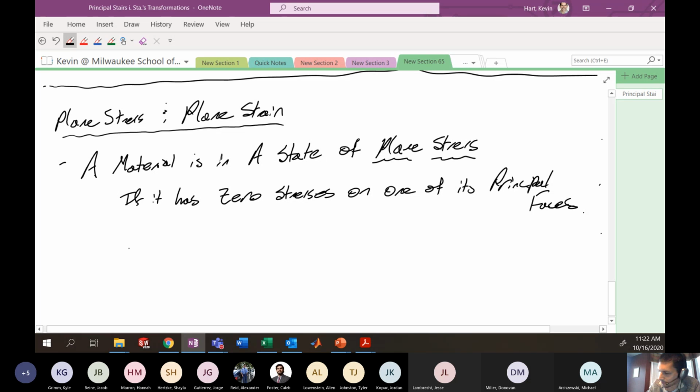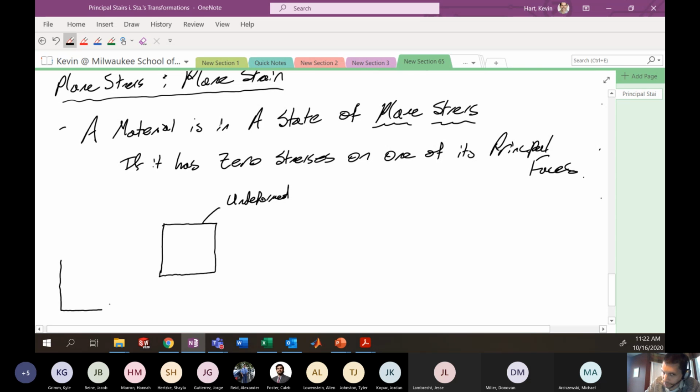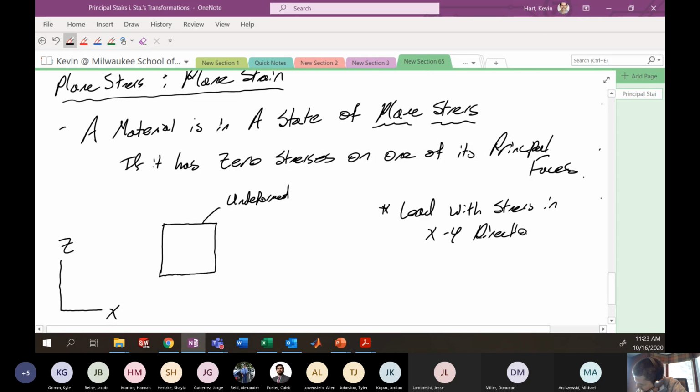So let's consider like some undeformed element, two-dimensional element. Okay, let's say that this is undeformed. All right, I'll put a coordinate system here. This is the X, Z coordinate system for now. I'll make it XZ. And here I'm going to assume that the XY state is a state of plane stress. Okay, so let's consider this guy load. With stress in X, Y directions. Okay, so think of this like looking on the cube where we're loading in the X